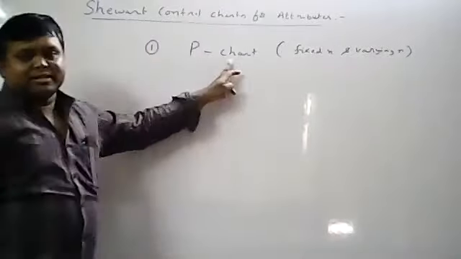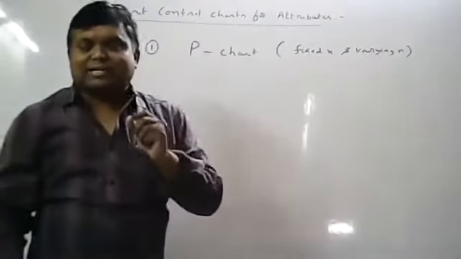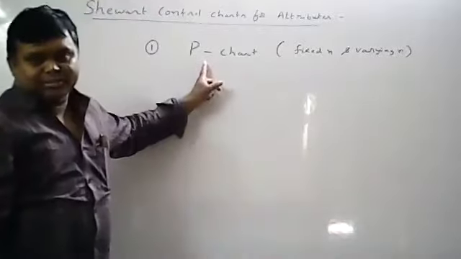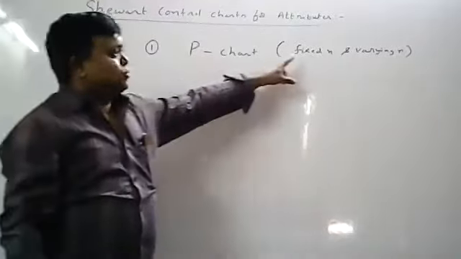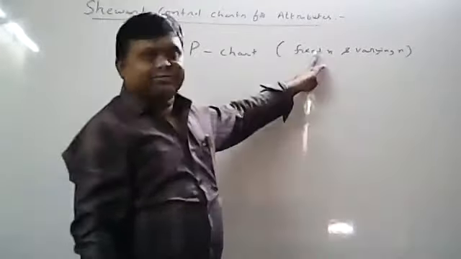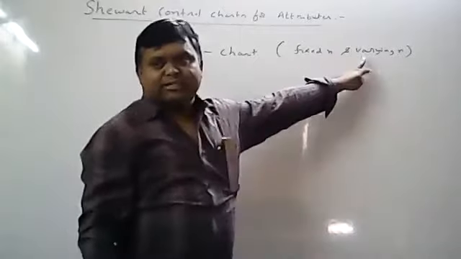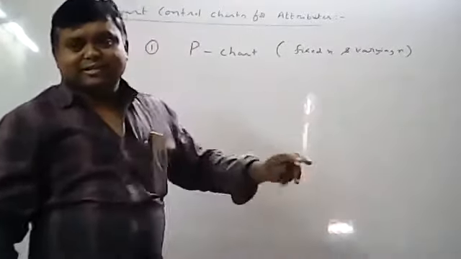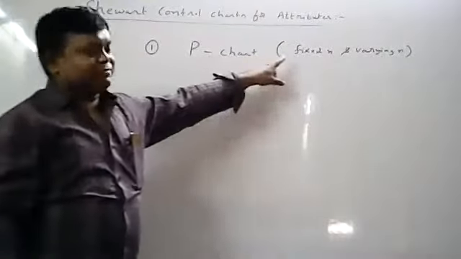So the P chart is also called the control chart for fraction defective. Whenever I say fraction defective chart, which chart do you have to construct? The P chart. In this, two procedures will be there, fixed n and varying n. If you do not mention anything, always write the fixed n procedure. If it is specifically mentioned, write the varying n procedure, then only you can write the P chart for varying n. If nothing is mentioned, always consider the P chart for fixed n only.